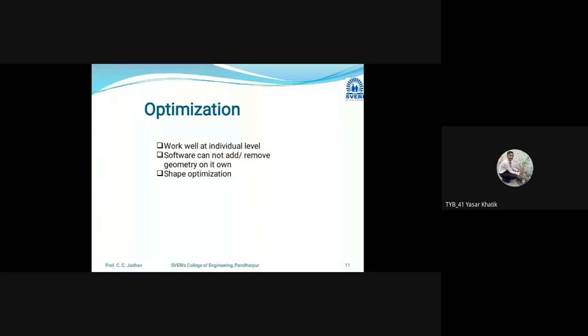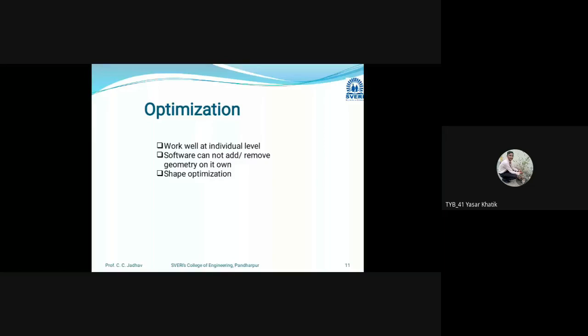Then optimization for geometry parameters works well at an individual level only, rather than a complicated assembly. Okay, don't go for the whole complicated assembly. Go for separate part analysis. Suppose in one assembly there are 10 parts, so don't go directly for the 10-part analysis. Go for one part at a time. First of all, take the first part. You have to do the analysis and optimize whether that part is correct or not. If correct, then go to the second part. Like this, you have to carry out each part's analysis separately, and then you have to collect all the information at a single point, and then go for the total optimization. That will be better for your optimization analysis.